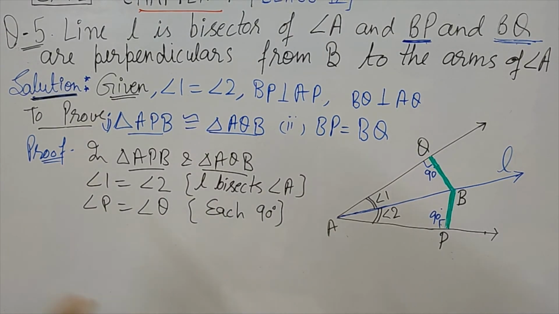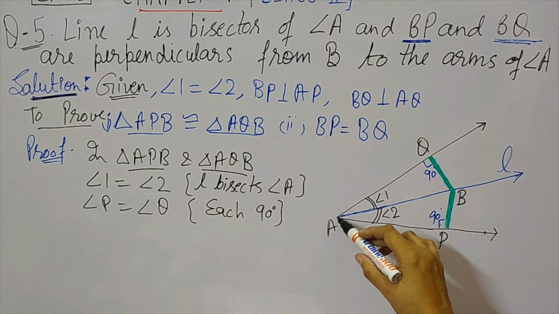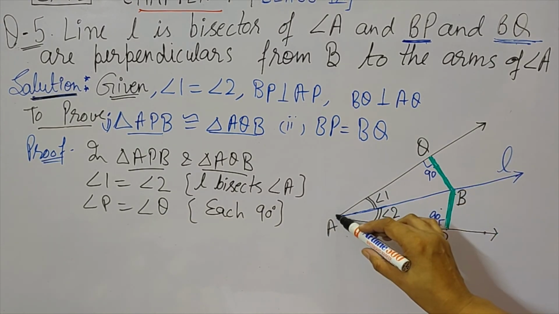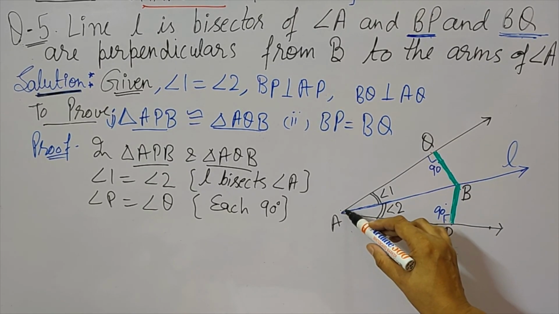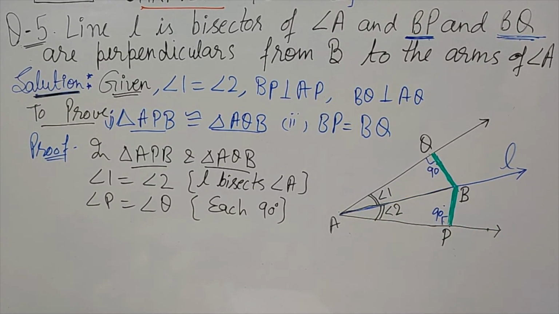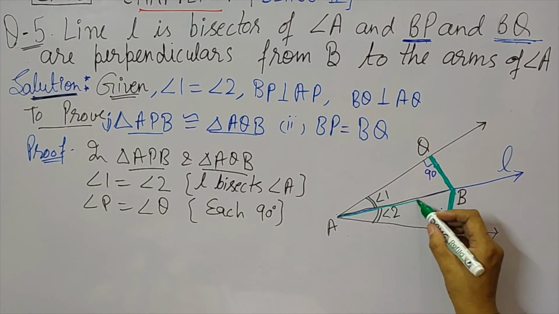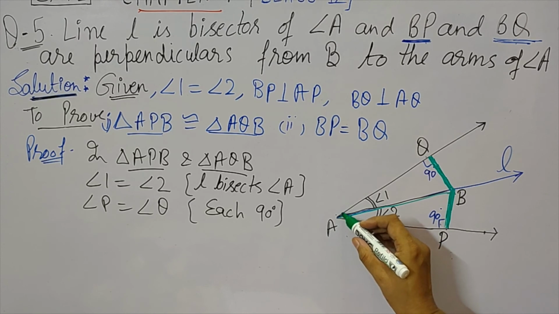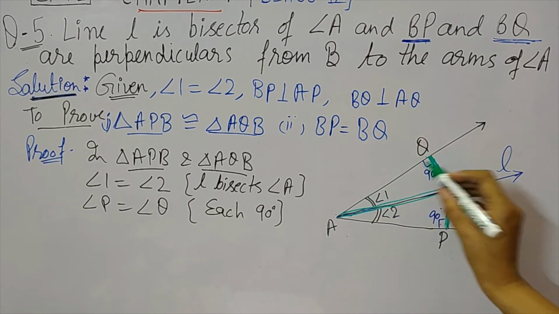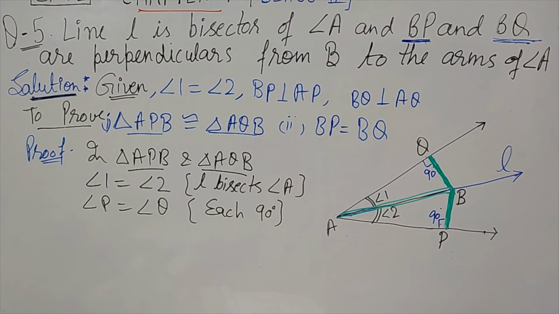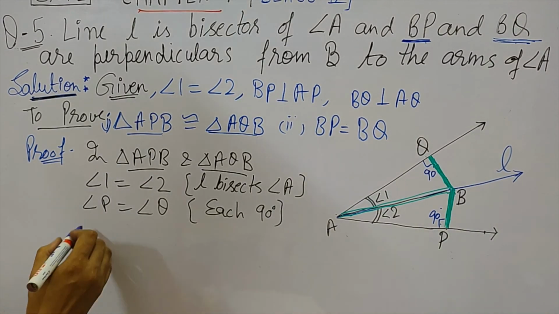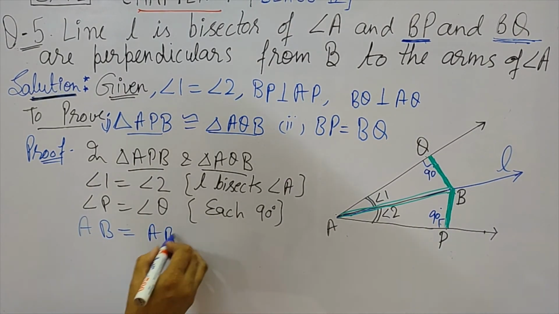And third thing, we have to use our presence of mind. It's not given in this question, but we have to recall the previous knowledge. Just observe the diagram, triangle APB and triangle AQB. Clearly this side AB is hidden in both the triangles. This is the support of both the triangles. This line segment AB, ABP in this triangle also, and ABQ in this triangle also. So we can observe that this side is common in both the triangles. So just write down the same logic: AB is equal to AB.